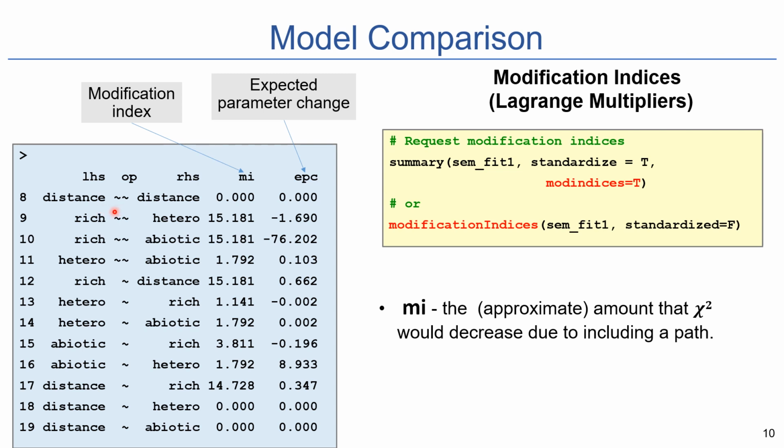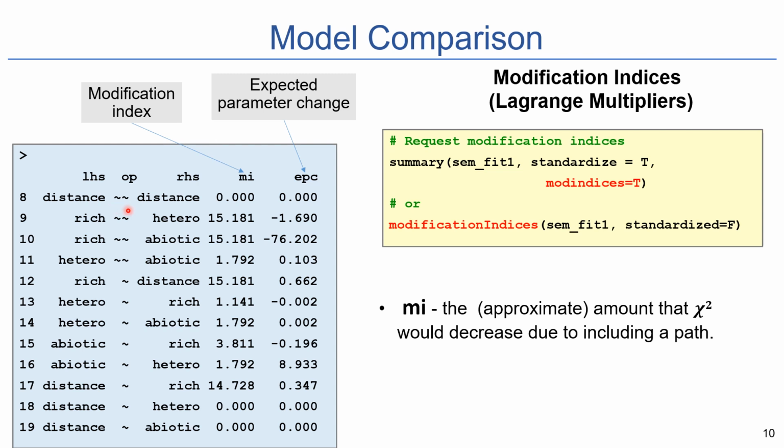As you can see here, double tilde are correlations and single tilde are regressions. And MI, this modification index, shows the difference in our chi-square if this specific relationship is added to the